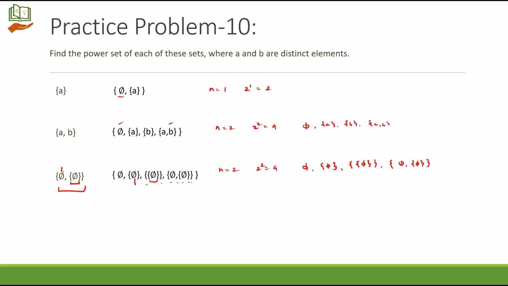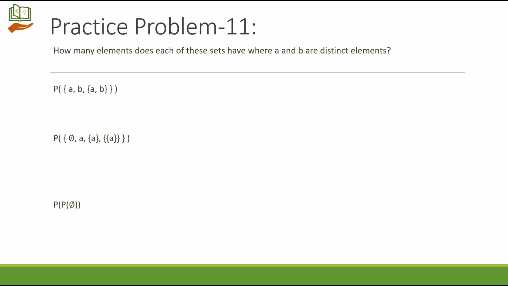Next question: how many elements does each of these sets have, where A and B are distinct elements? When we see the notation P of something, it means they are asking for the power set. So in the power set we have to count the number of elements alone. 1, 2, 3. There are 3 elements. So the power set should have 8 elements in total. What are the 8 elements? Let's take the power set is equal to